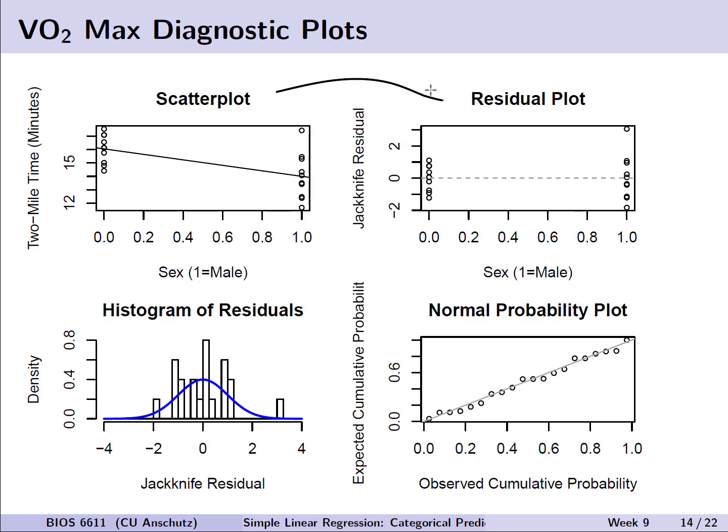There does appear to be a little more variability in males, but it may be due to this outlier observation. Otherwise, they look somewhat similar, especially with respect to their residuals. The histogram of our jackknife residuals below, again, is somewhat hard to interpret considering we only have 20 observations, but